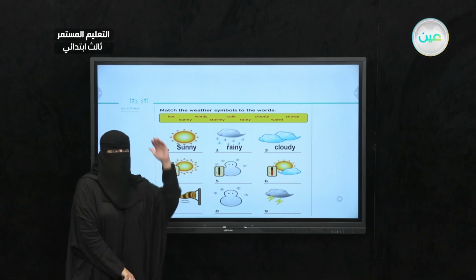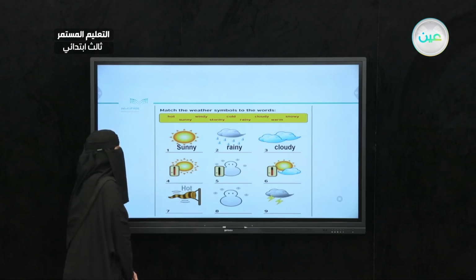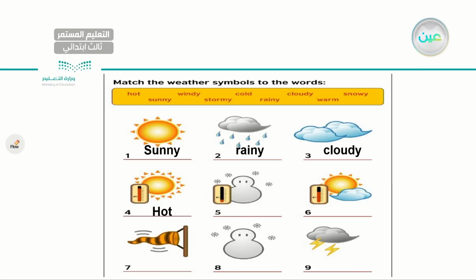Now, look at number 4 and look at the temperature here. Is it high? If it is high, then it is hot. Okay, it's very hot, especially in summer. Now, moving to the next one. As you can see, the temperature is very low. It's not hot now, it is cold. Very good. Now, moving to number 6, the temperature is not so high, and it's not very cold or very low, so it is warm.